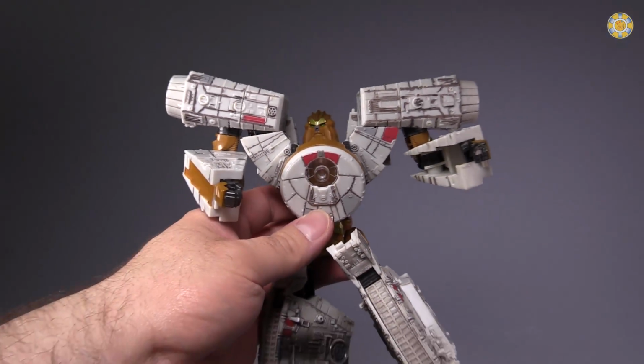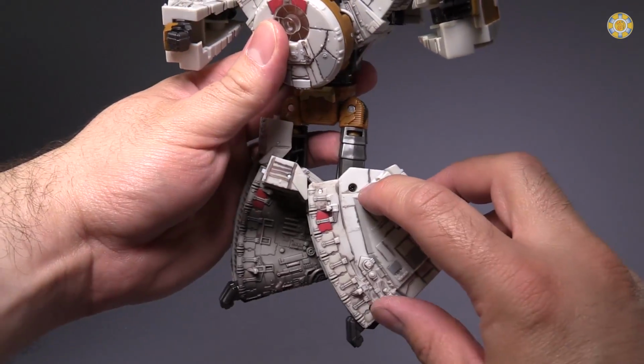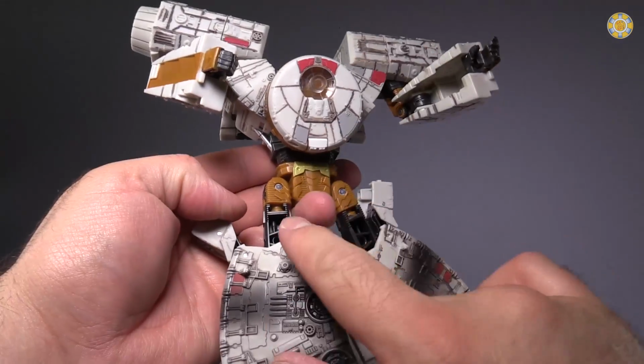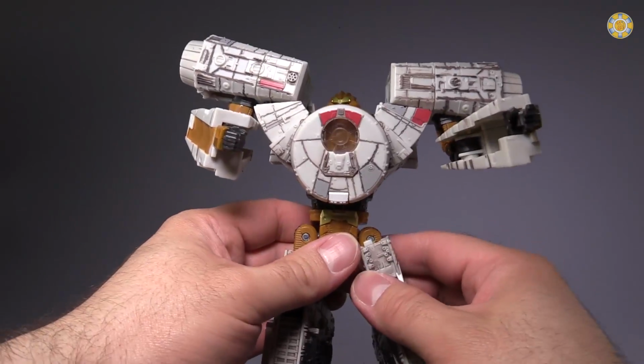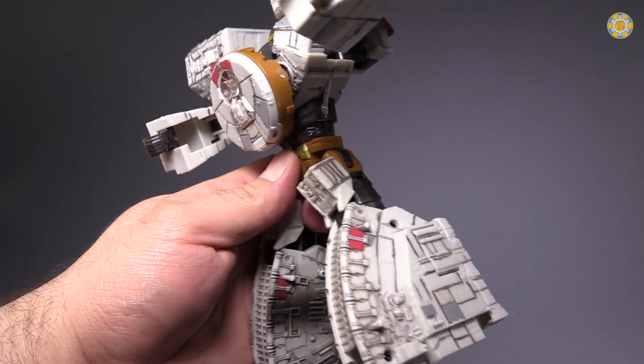I forgot to mention the knees. Same issue as Han Solo with the knees, but again, there's a little screw right there. Tightening that fixes it up. Oh, and yes, same problem with the thigh swivels. Much too loose. Otherwise, it's pretty good, but man, for the price that this thing was, there's got to be